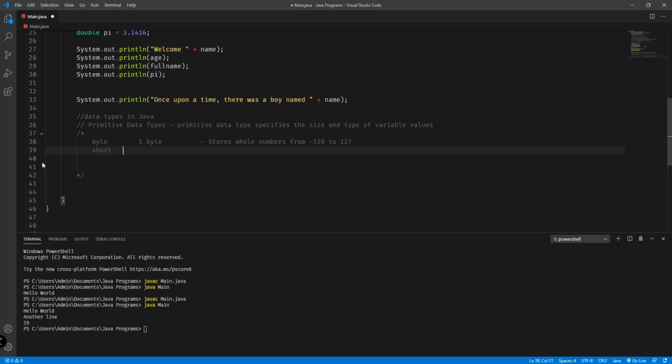Second one is short, and the size is 2 bytes, or the amount of memory. And then the description for this: it stores whole numbers from negative 32,768 to 32,767. Okay, and then we have the int, and the size of int is 4 bytes,